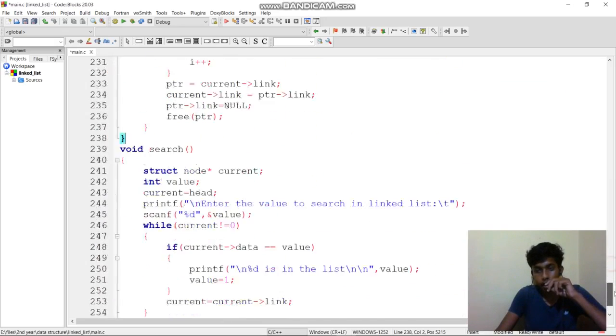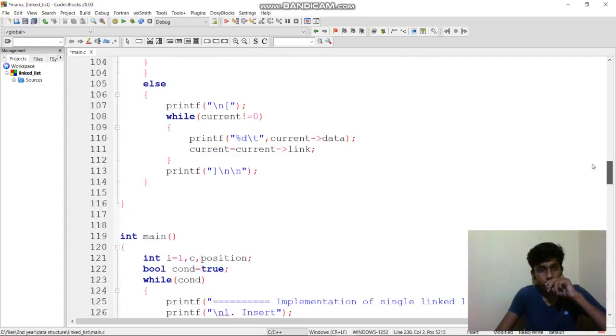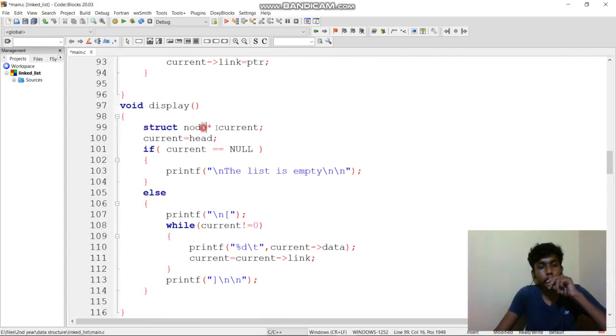How we have counted, that is display. And I'm creating a struct, current equal to head. It will store the first node address. Now if current equal to null, as in count, that means head is null, so print the list is empty. If without inserting an element you give display, the list is empty. Else